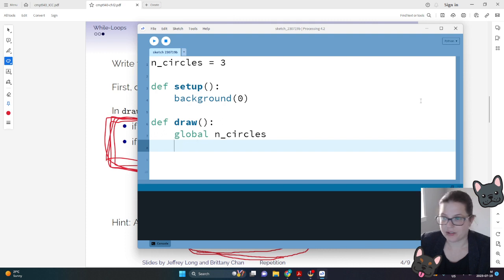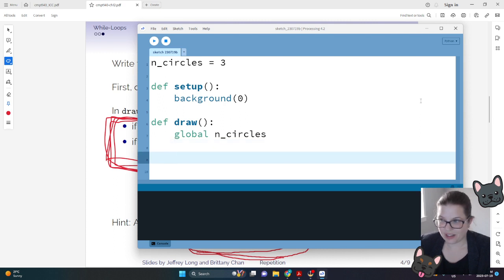And I can get rid of this return because I'm going to do some stuff here now. So now that we have that, in our draw function, we are going to want to start off figuring out a while loop that we could use in order to draw all of the different circles that are required by us. So if you remember from the textbook, we can use while loops to do something some number